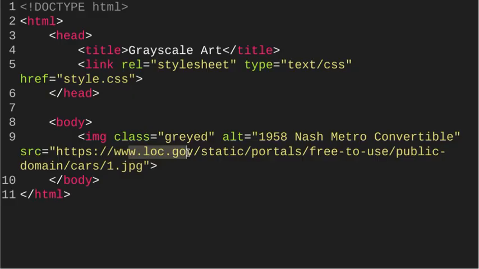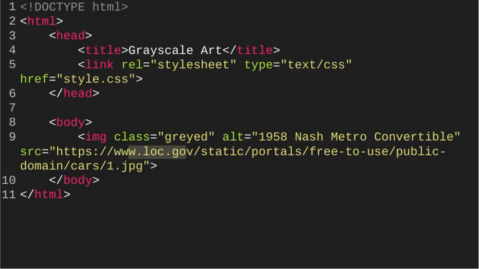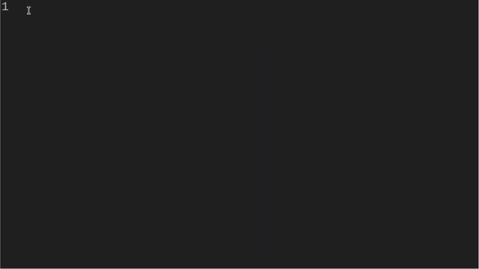You can see I've got a picture from the Library of Congress, which is going to be different than the picture that you're going to see on your web page. But my style sheet is empty, just like yours, and we're going to apply this to the class Greyed. And then we got our fancy brackets, which means that we're ready to apply a filter. Filter, colon, and this one is grayscale,